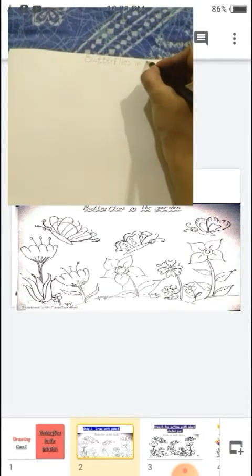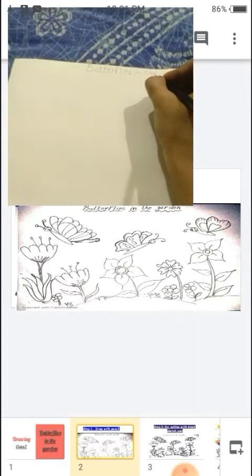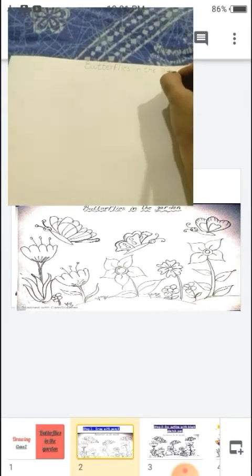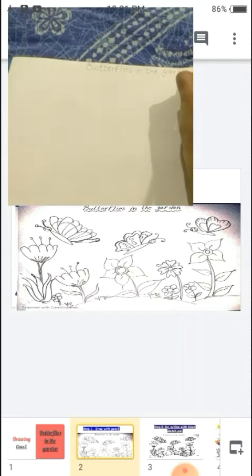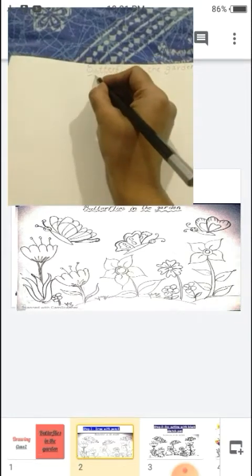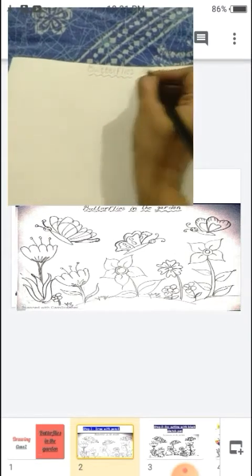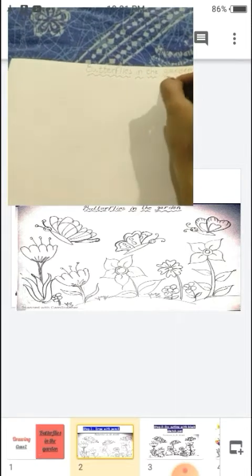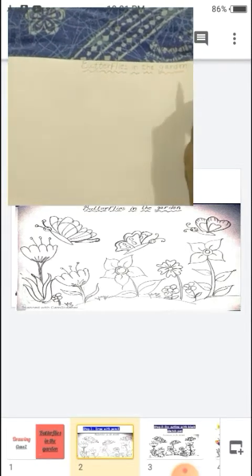Okay, butterflies in the garden. G A R D E N, garden. Underline it nicely. Okay students, I hope you can see properly.